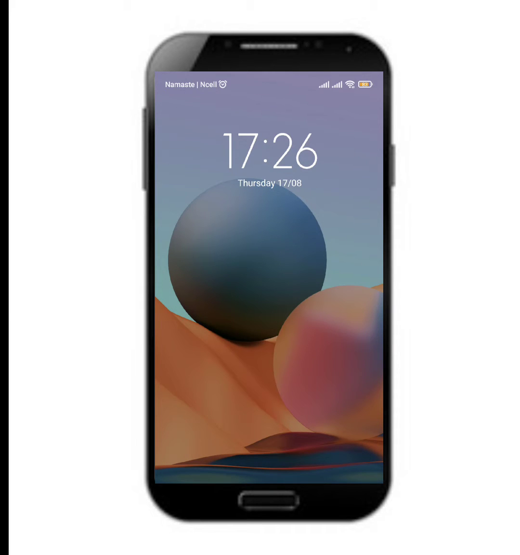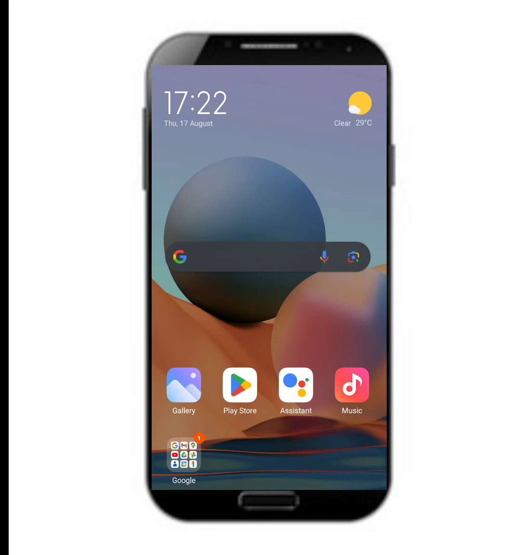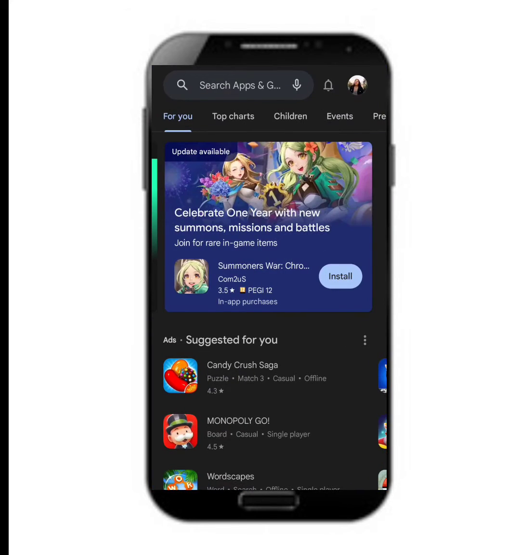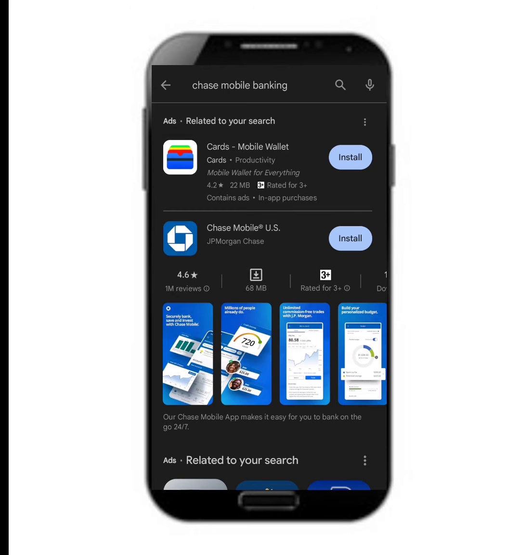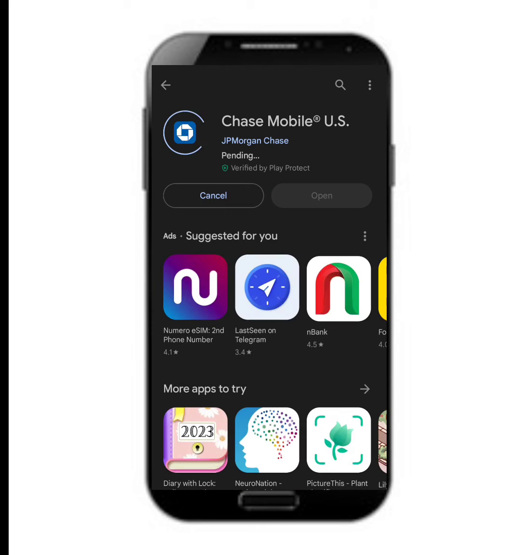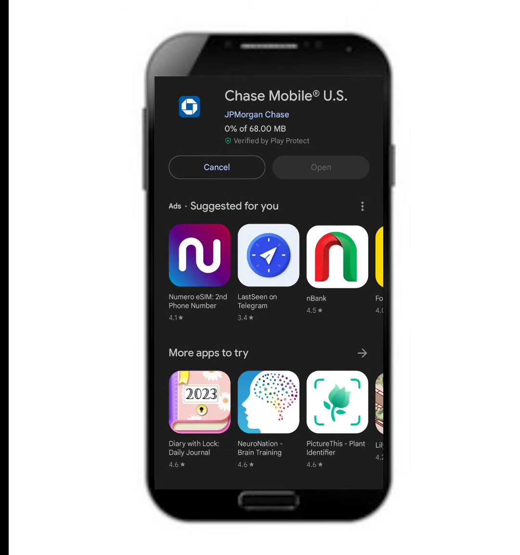So today in this video we are going to discuss how to download the Chase mobile banking app on our Android device. So first of all, we need to go and click on the Play Store app. There in the search bar we need to search for Chase mobile banking app. After getting the Chase mobile banking app option, we need to click download, which will then start to download in